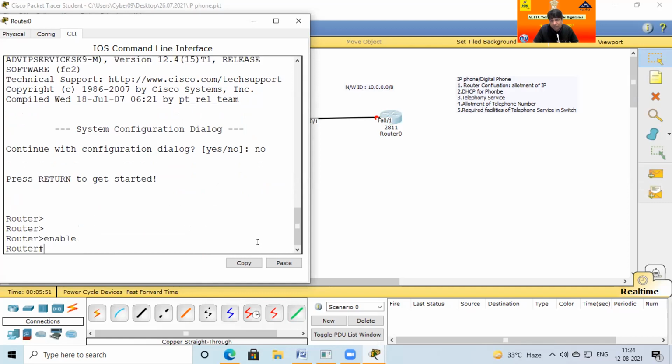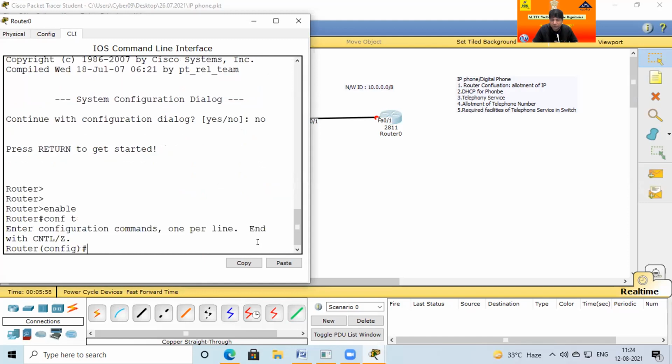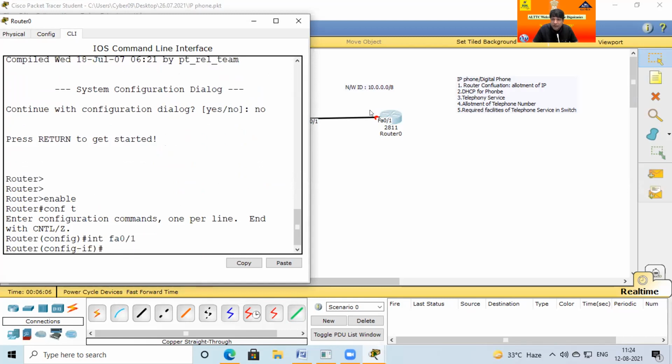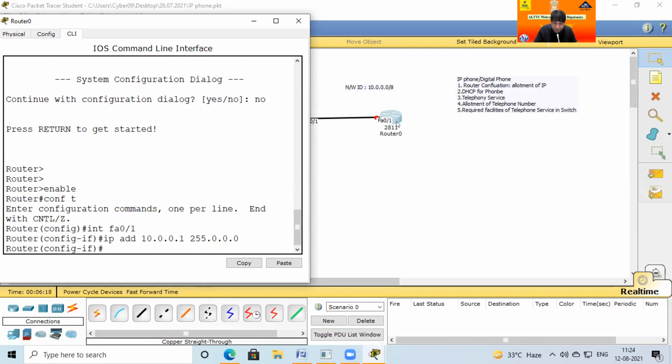Enable, you are already aware of how to allot an IP. Then go to the configuration mode and go to this port, interface FastEthernet 0/1. Now allotment of IP to this port. So the IP we plan is 10.0.0.1, subnet mask 255.0.0.0. So just allot the IP address to this port.